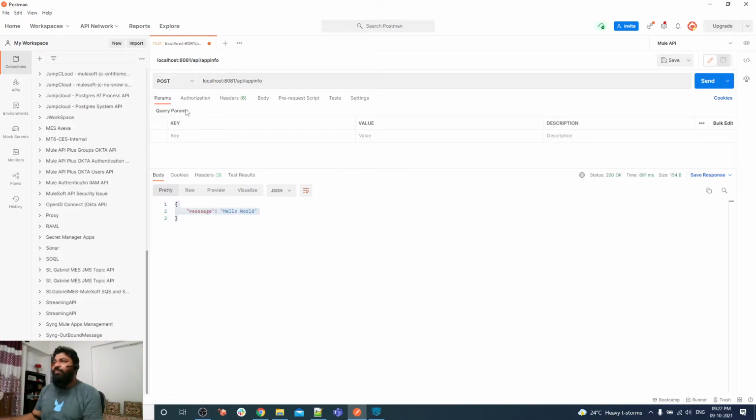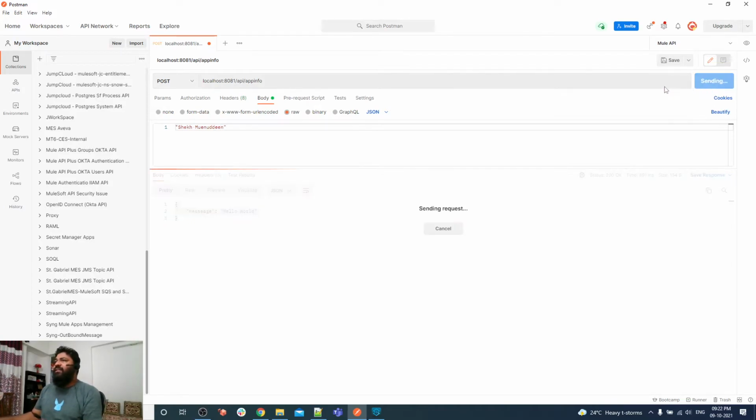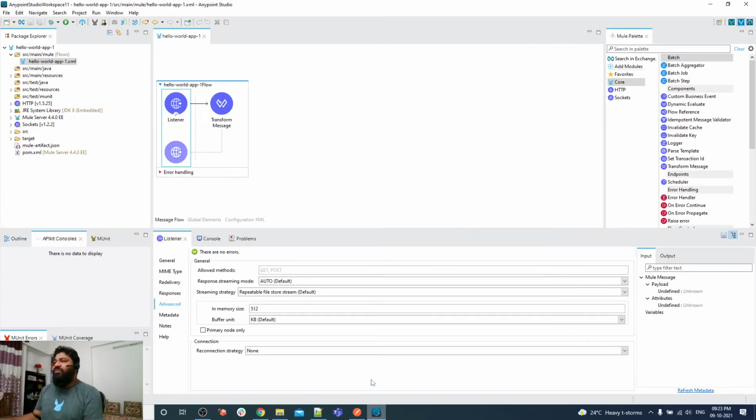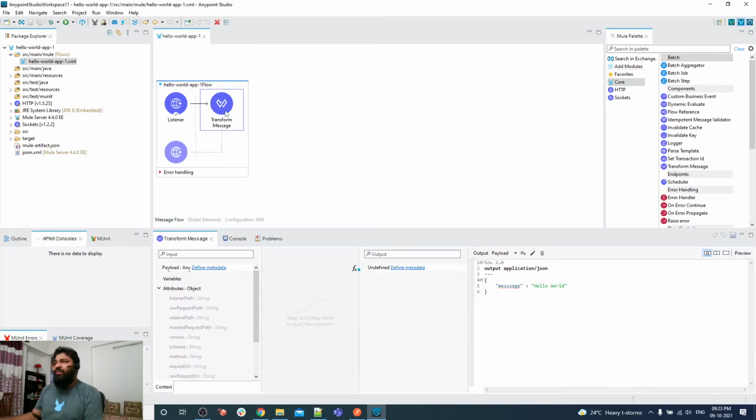For example, if I make a POST and provide a JSON body like Sheikh Moinuddin, then it will also accept my request and we get a response. As you can see, I'm sending a POST request with the body Sheikh Moinuddin. We can simply read that payload here, and if we want to modify it, we can do so and the response will be returned.